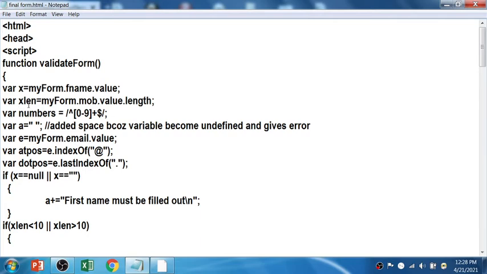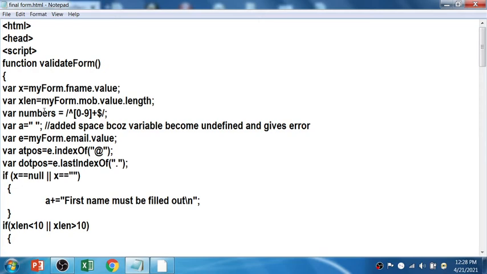Then variable xlen stores my form dot mobile number dot value dot length. So whatever value is entered in the mobile number text box, that value's length will be stored in xlen.